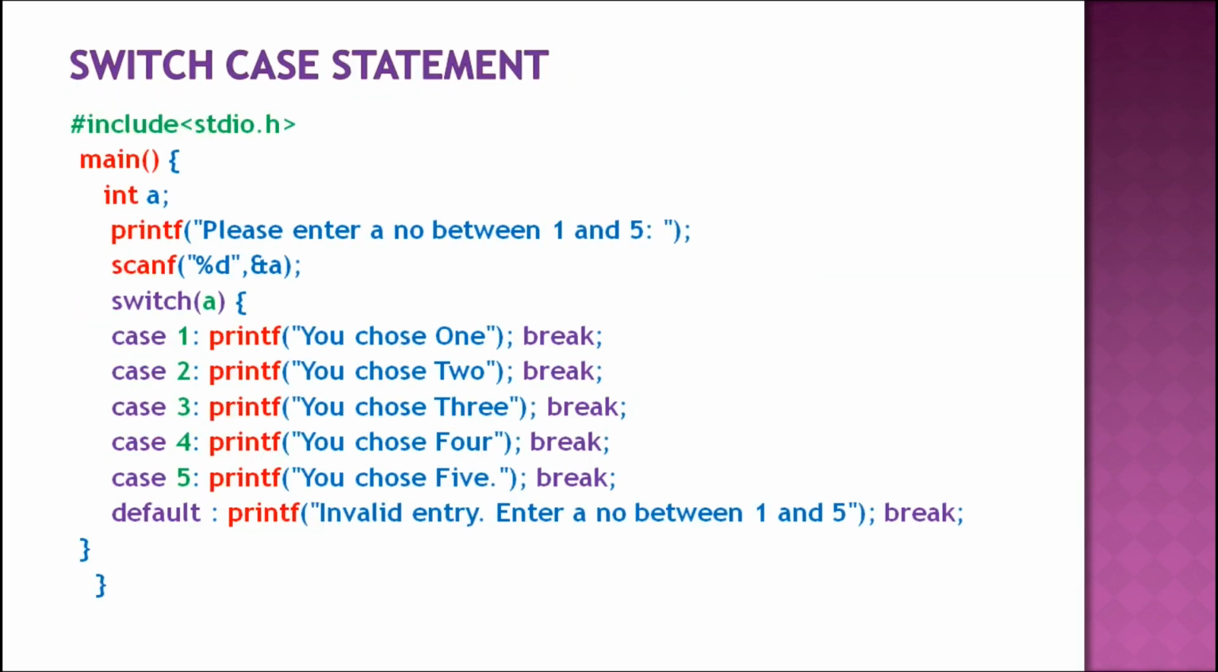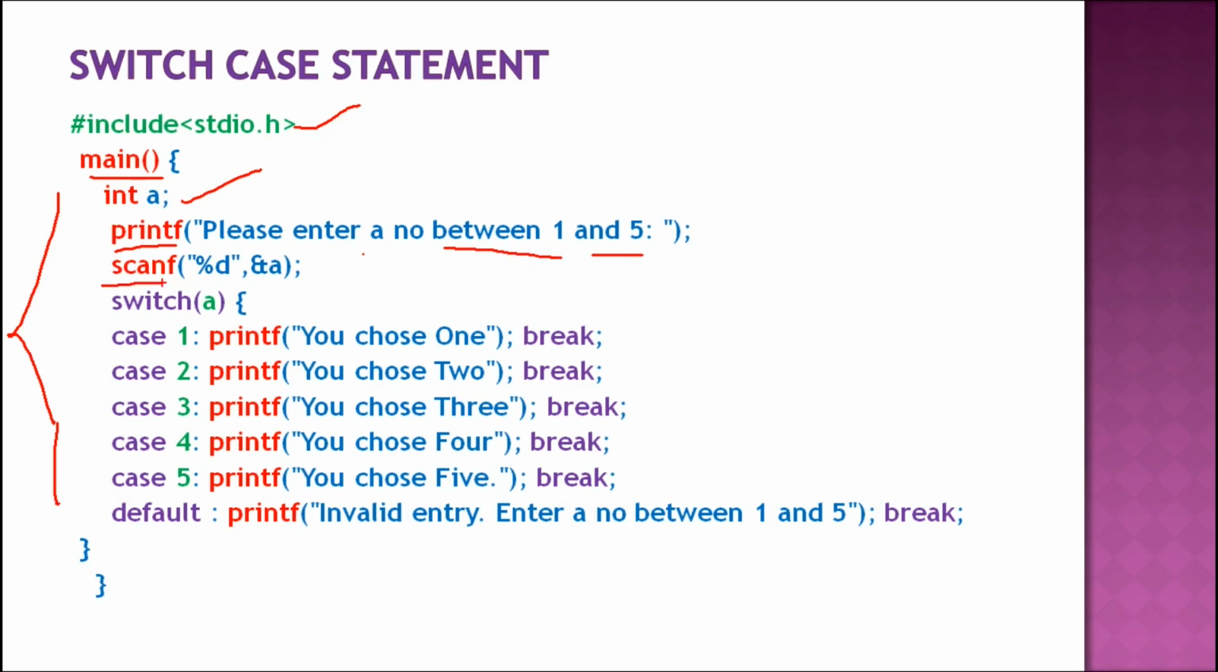Here is the example for the switch case statement. We included the standard input output header, and we have the main function, from where our code is executed. An integer type a is defined here, and we print: please enter your value number between 1 to 5,